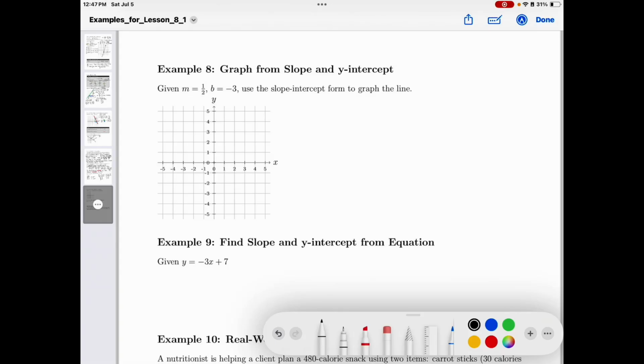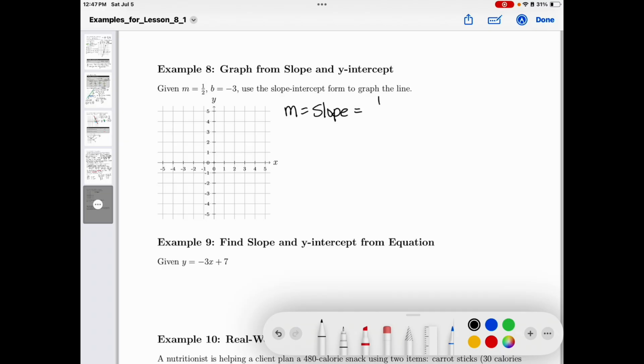So in previous examples, we learned how to graph a line by plotting 2 points and then drawing the line through those 2 points. Now we're going to look at how we can graph a line a different way using the slope and the y-intercept. So m is the slope,